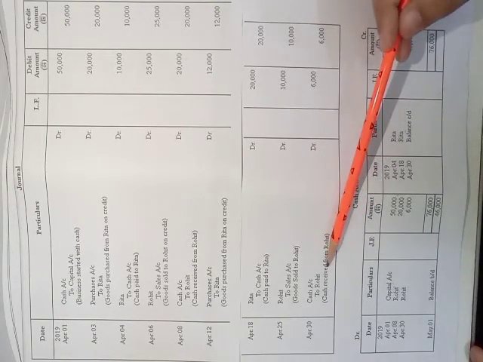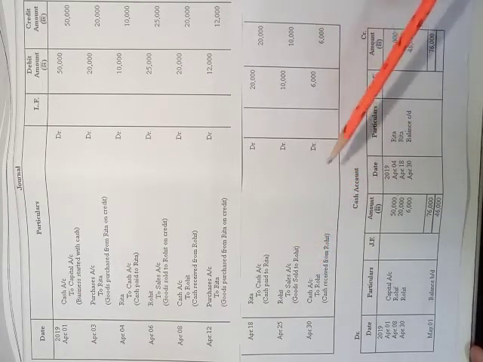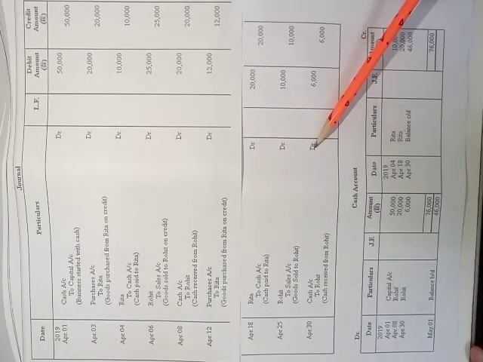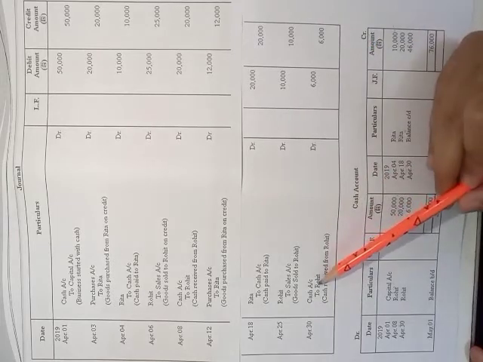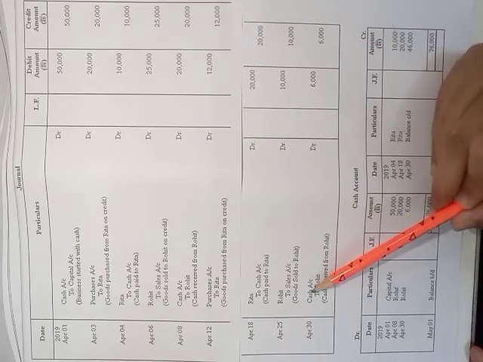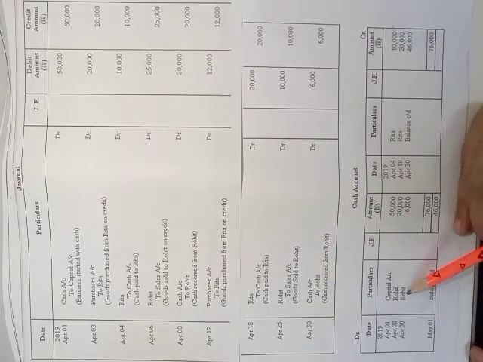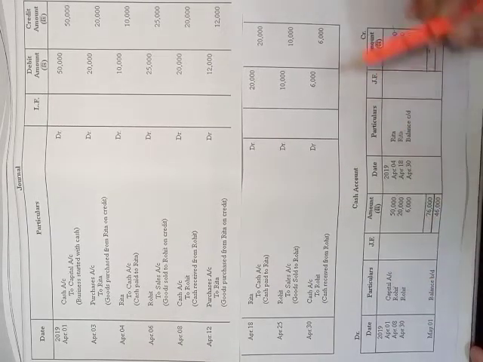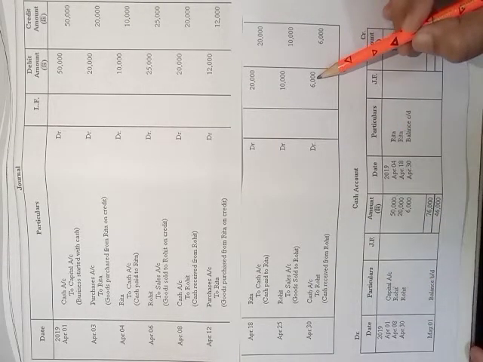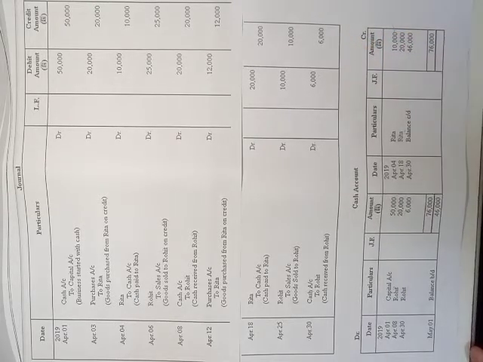Again, check the next transaction; it is not a cash transaction, so it will not be transferred here. The last transaction is a cash transaction, and in it the cash account is debited. So in this way the transaction is written on the debit side of the cash account on April 30, and we have written Rohit here and the amount in front of the cash account. So 6,000 has been written.